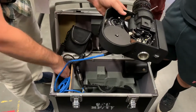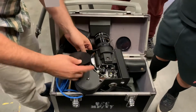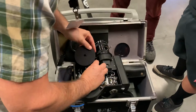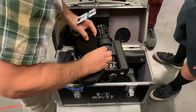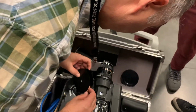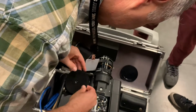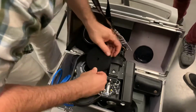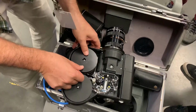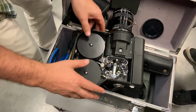Where is the empty spool? Okay, so the empty spool is here, but you need to find that little slot. Get it in there. Okay, you can see that the film actually goes this way. So, like that. Okay? Now,